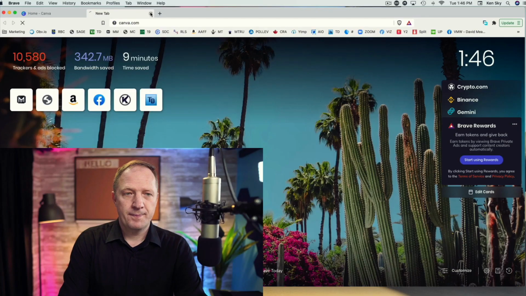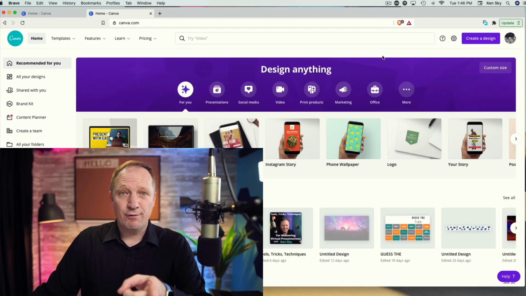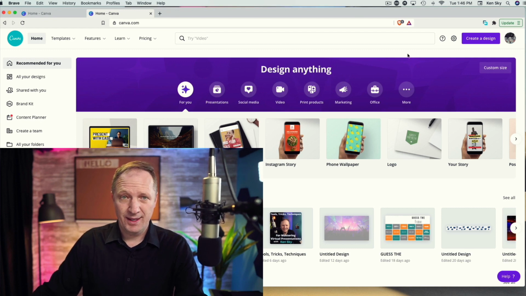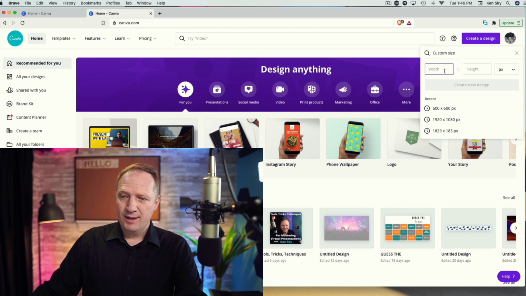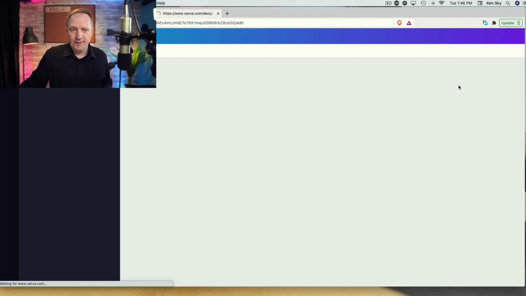First things first, we're going to create a virtual background. For that, let's go to a place called Canva. So here we are in Canva. We're going to just start from scratch and create a brand new image. We'll make this a custom size, and this will be 1920 by 1080, which is your standard HD format. We'll create